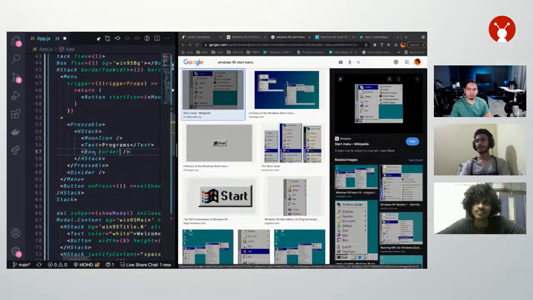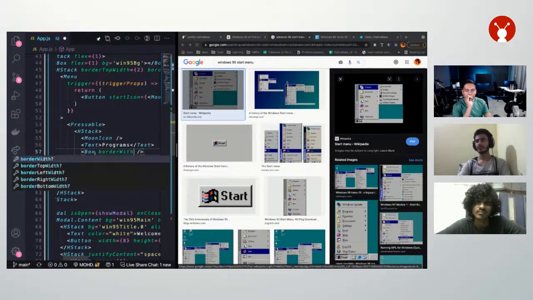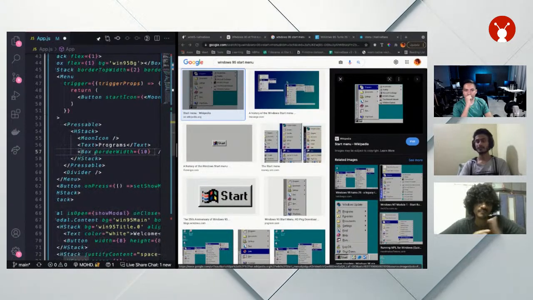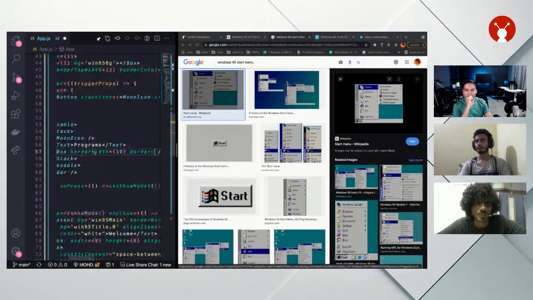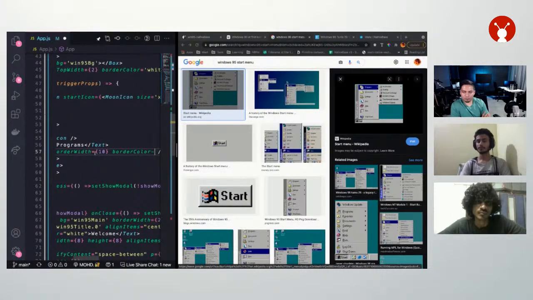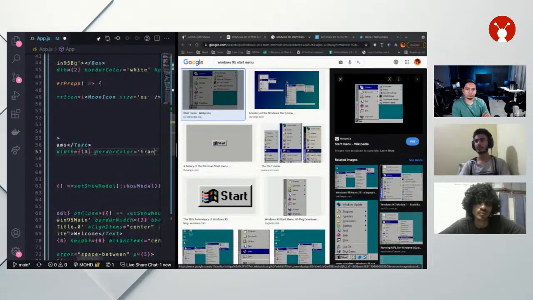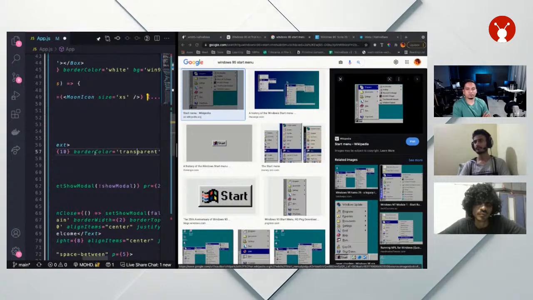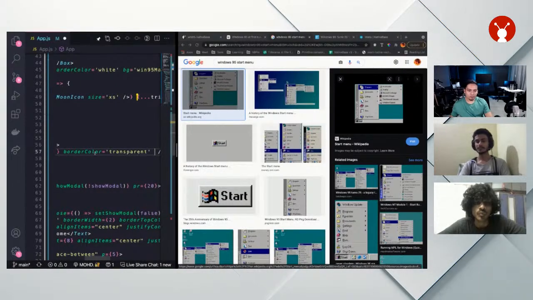Let's give it a border width and border color to transparent. So this will make the border transparent, except for the